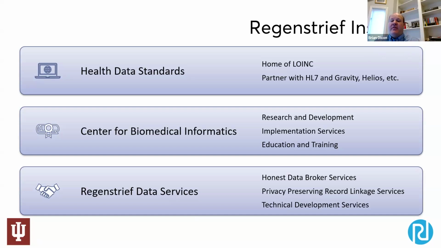We work very closely with HL7 and other standards organizations, not just to promote the LOINC standard and see it adopted, but also to advance all standards and interoperability around the globe. So we're deeply involved with a lot of efforts with SNOMED, with HL7, with FHIR, as I'll talk about some of the work we've done locally with FHIR, but quite a bit of work internationally as well.